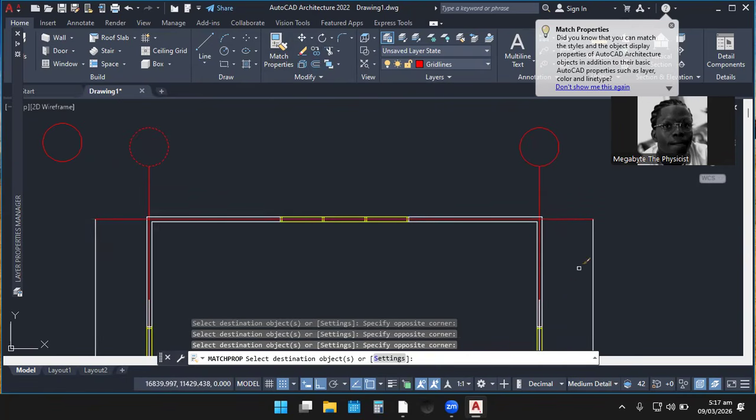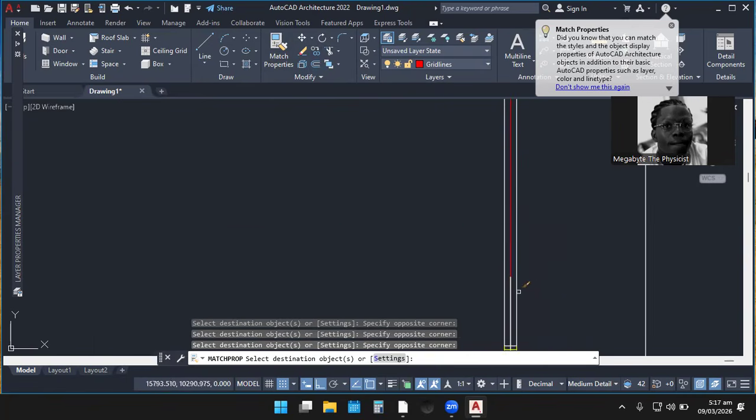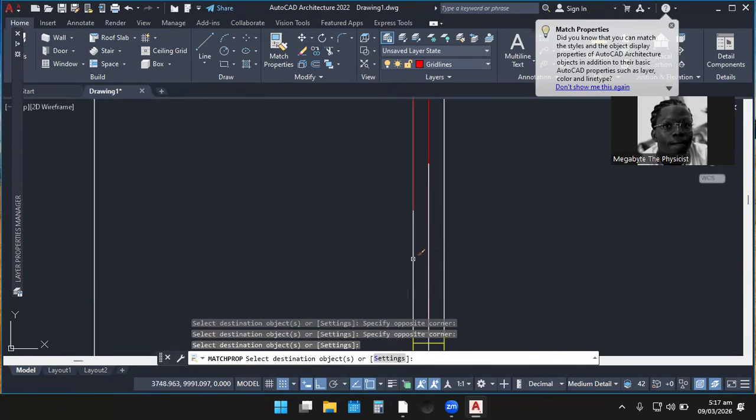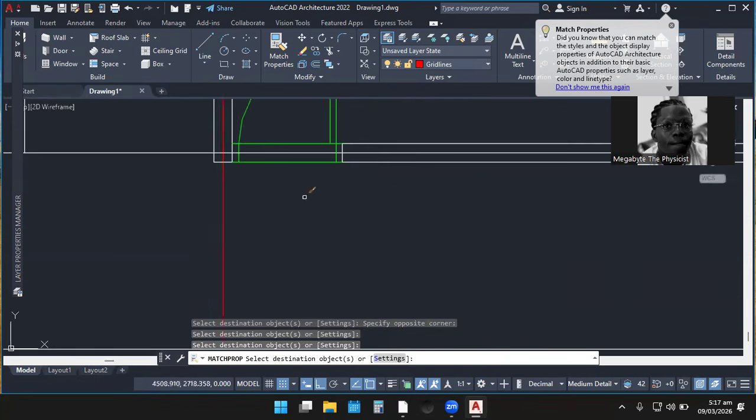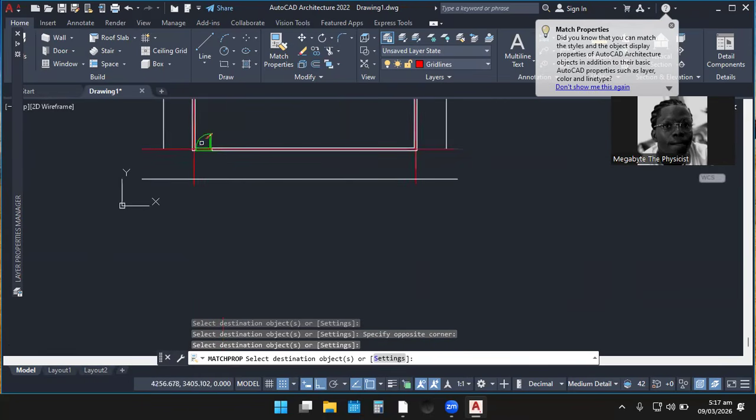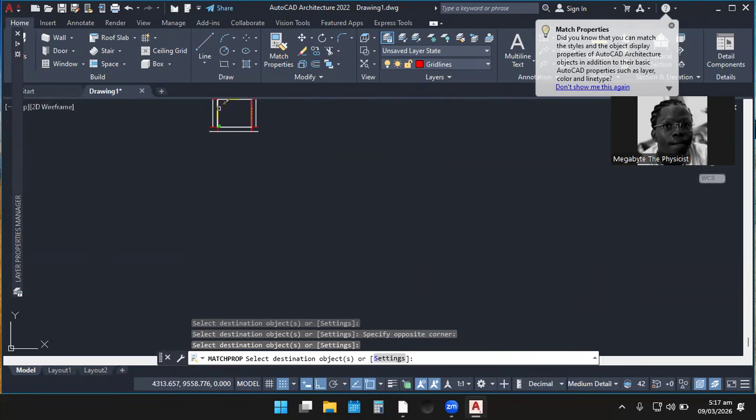You see what is happening in here? I can match these properties. Quick one. You can quickly match these properties. So that is what is happening, and that is what is happening.